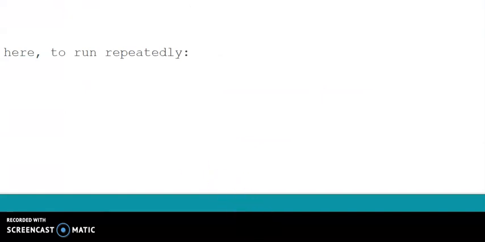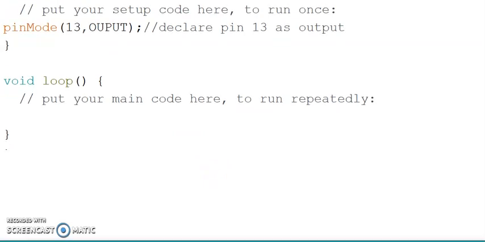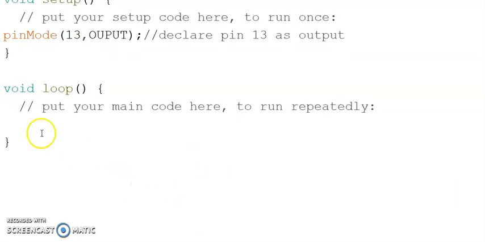Now this is your actual functionality, so obviously you are going to write this in your loop part. So digitalWrite, then on which pin? Obviously on pin number 13.